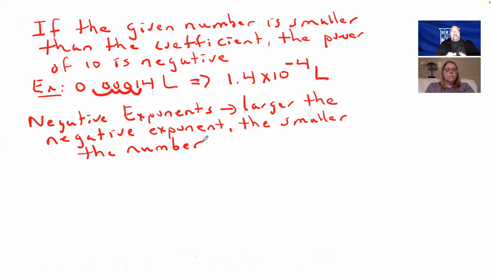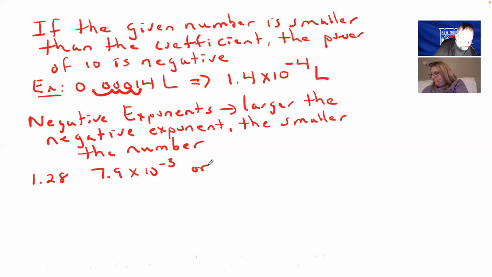Because the larger the negative exponent, the more times we're going to move the decimal point to the left, the smaller the number is going to be. So, for example, this would be something similar to what's in 128. They give you two numbers. If you had something like 7.9, I'm just changing it a little bit, times 10 to the minus third, or 5.5 times 10 to the minus ninth,